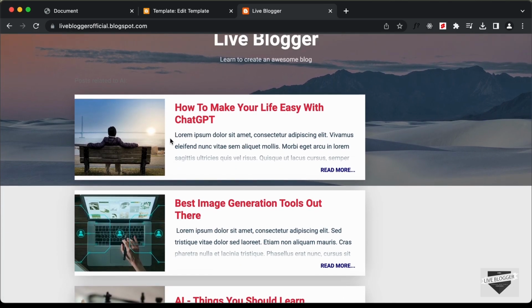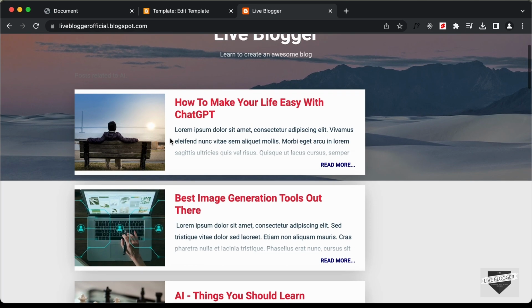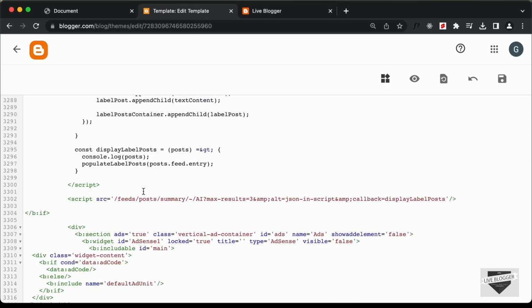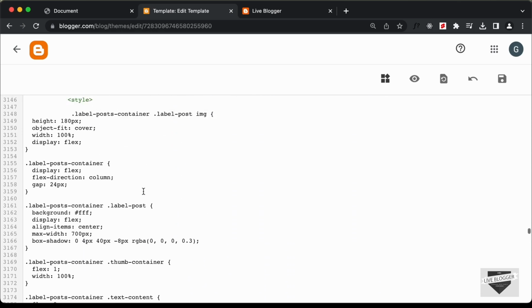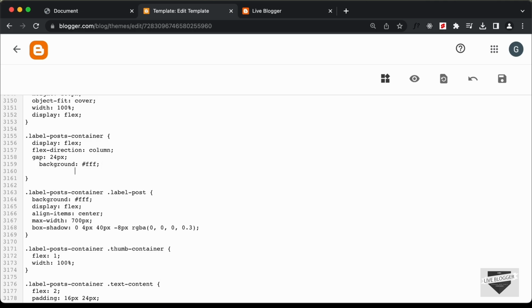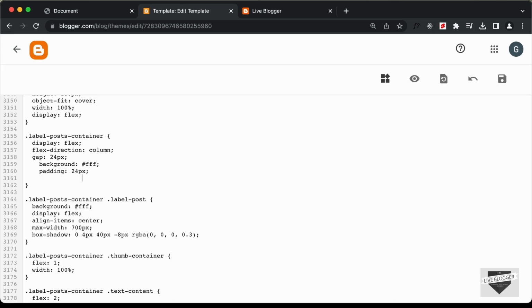So what we will do is we will add a background color, and we'll also bring all this content to the center. So let's go back and let's go to the CSS. Now here for the label post container, let's type background, and let's set it to white, and let's also add a padding, and let's set the padding to 24 pixels, and we'll also add a margin, and let's set the margin to 32 pixels top and bottom, and 0 for left and right. Right now let's save this,